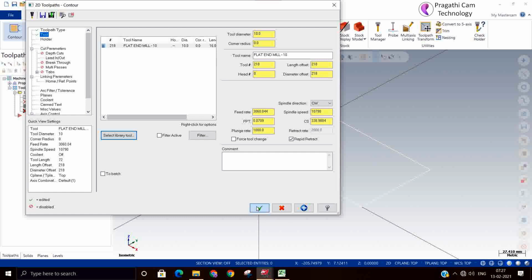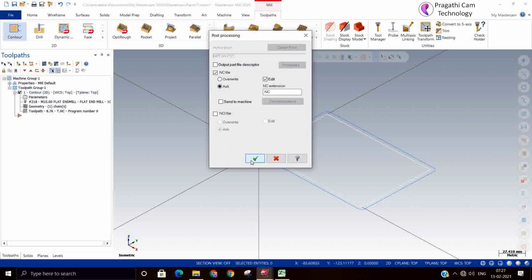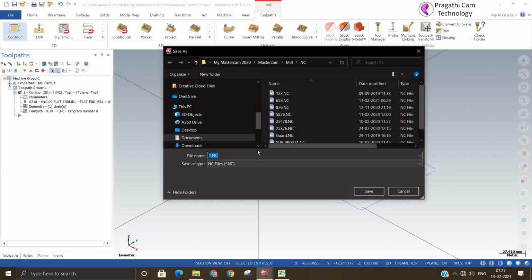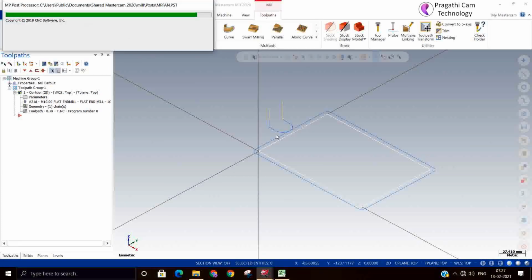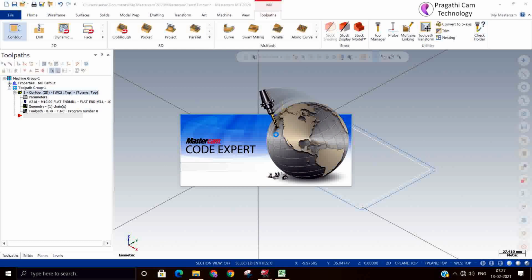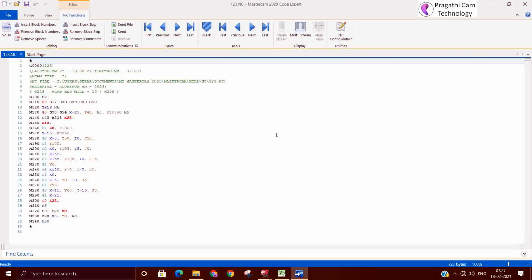Now I just select the G code and regenerate and show you how the diameter offset number, length offset number and tool number are interrelated. So T118, H118. It comes directly from the tool number and the length offset number.